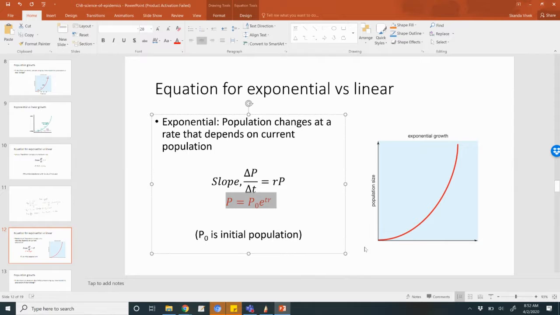I need you guys to understand this because after this we're going to talk about something a little bit more complicated: what happens if there's a finite amount of grass, a finite amount of food, right?